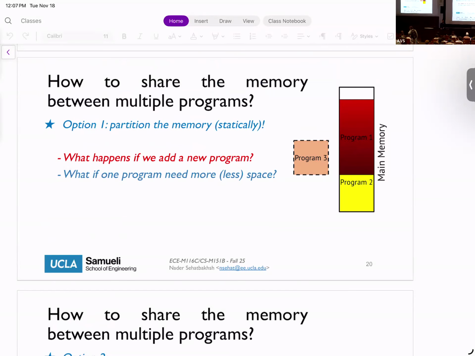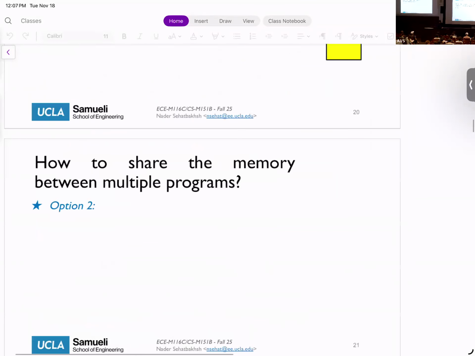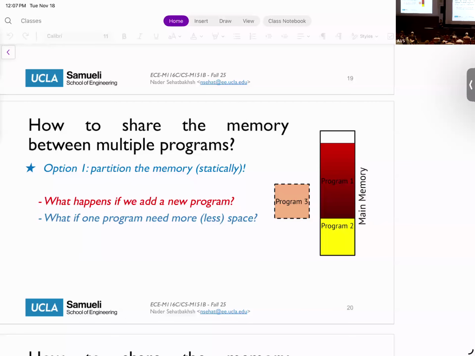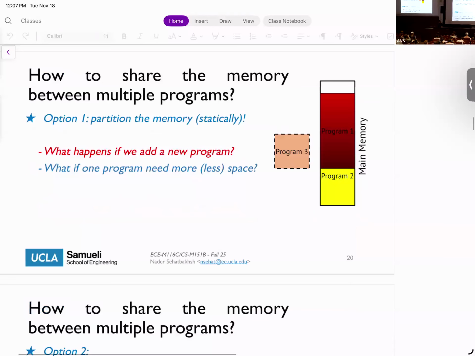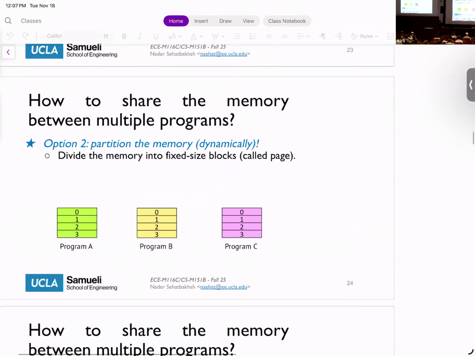But this is not the most efficient way of handling the memory, because what if I need to create a new process? What if one process needs to grow? What if one process needs to shrink? And so on and so forth. So instead of having that sort of rigid assignment of memory, we actually divided it into smaller blocks called pages, and assign memory in page granularity. So the idea is still sort of the same. Previously, we did it in big chunks and big blocks, but now we are saying that these big blocks are not a good idea. So this creates small chunks.